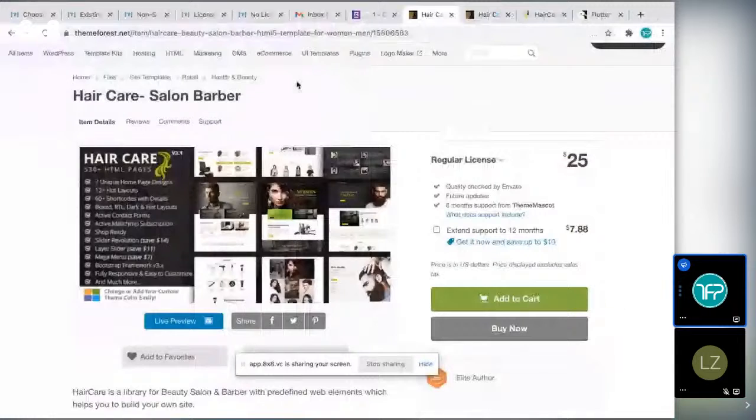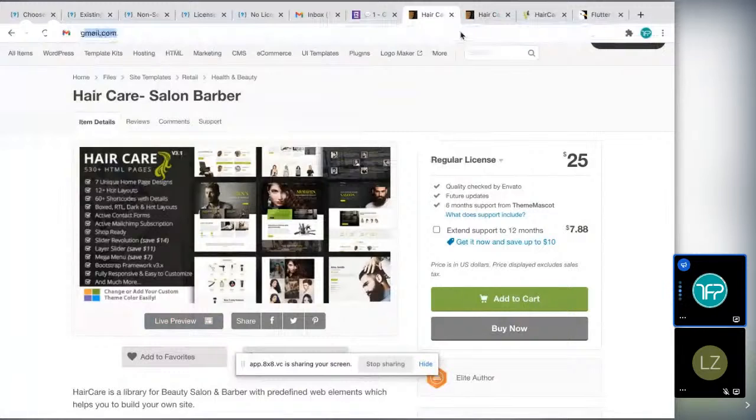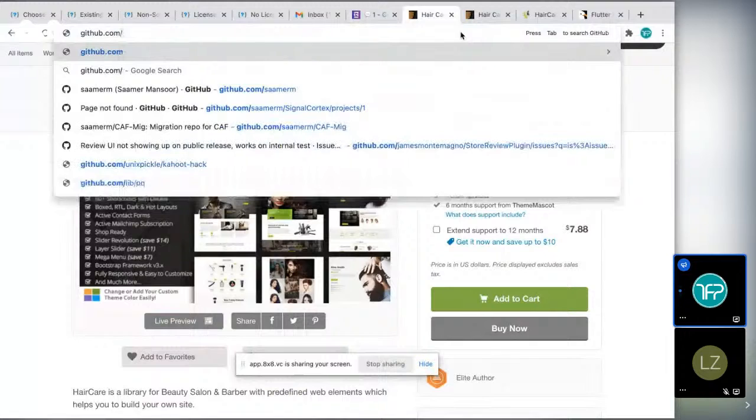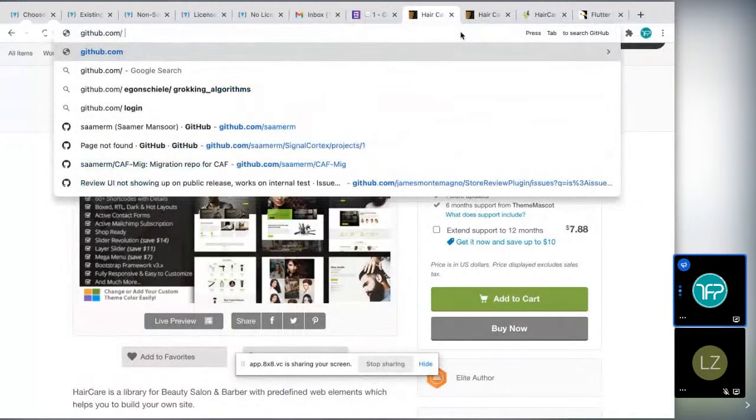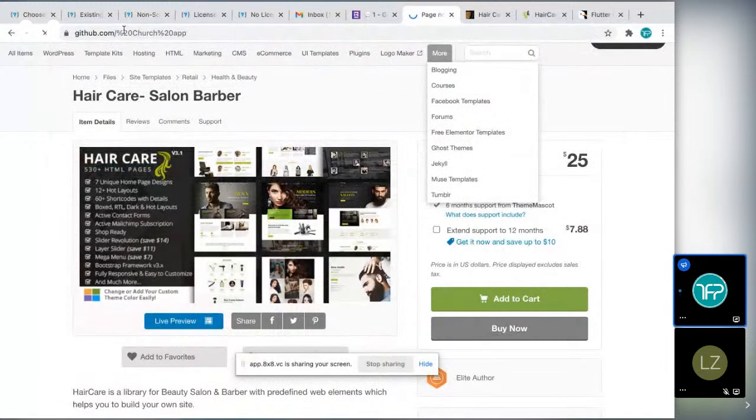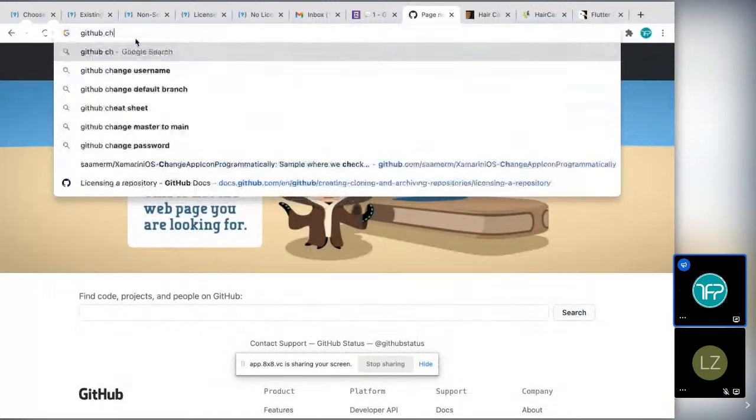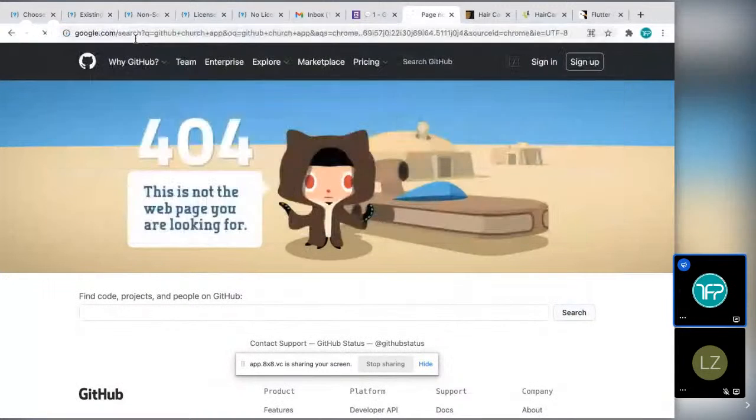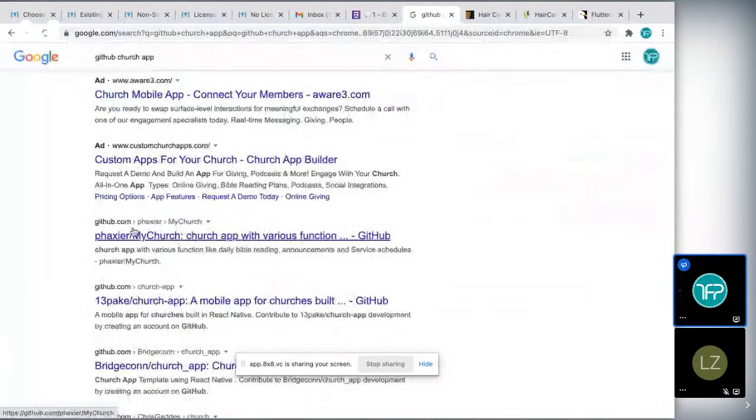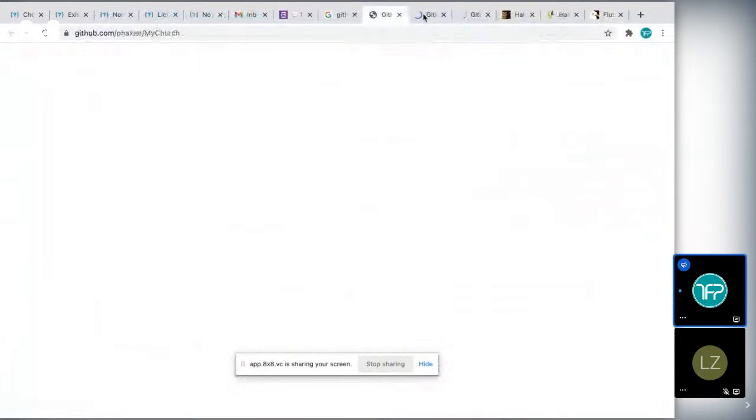Apart from all that we showed you, there are different places. There's a website called github.com, for example. On GitHub you can search for, let's say, church app. Just say github.com and search church app. You will notice it says church app, church app, church app. There are so many church apps that you can find over here,